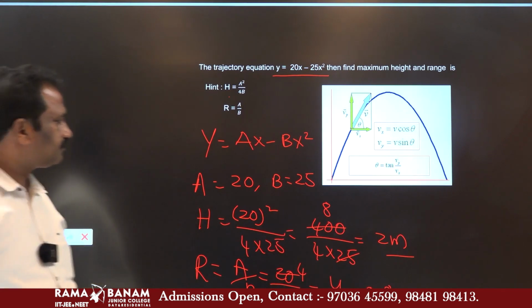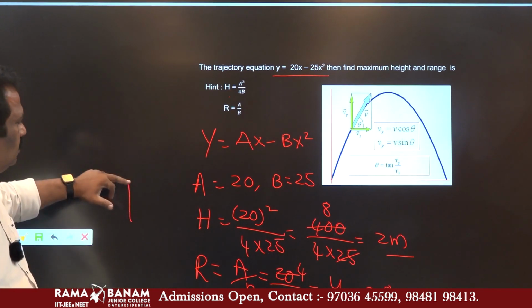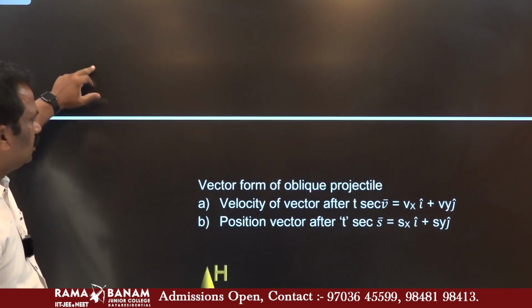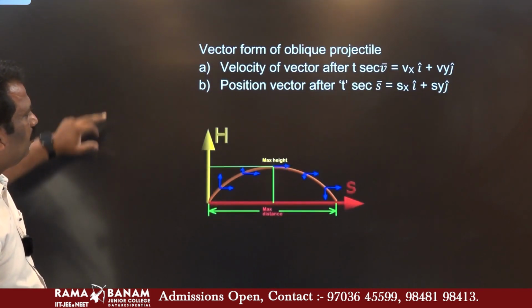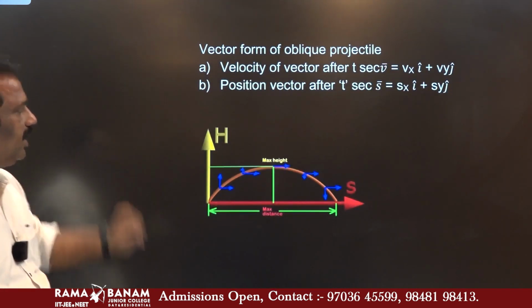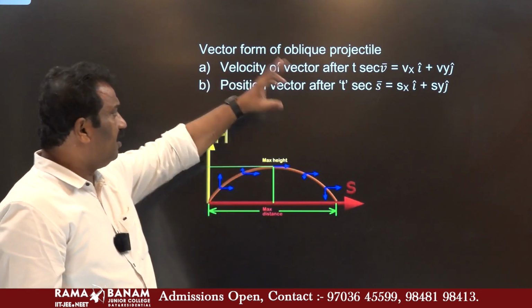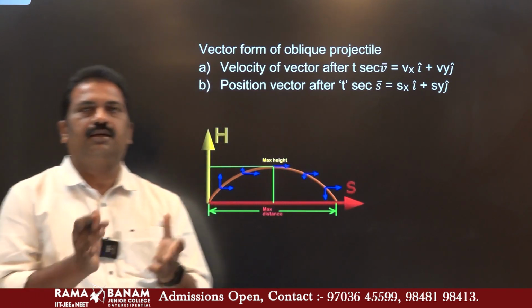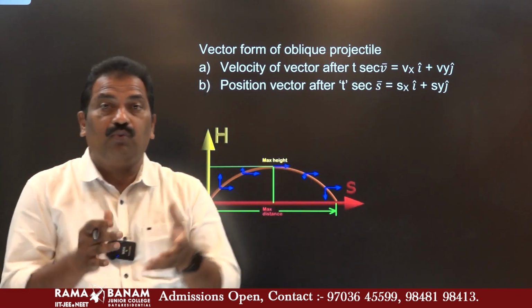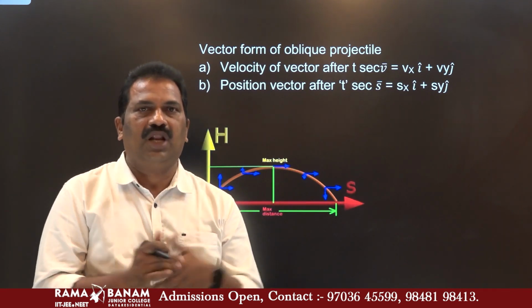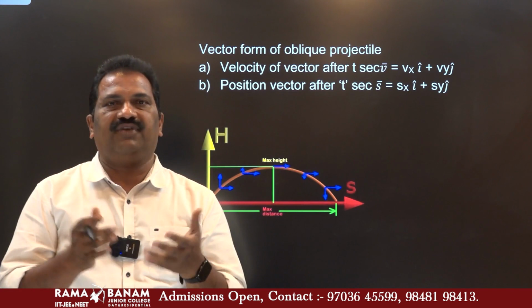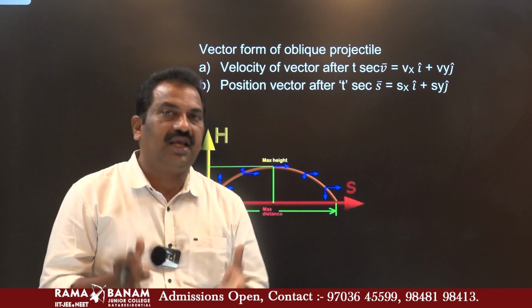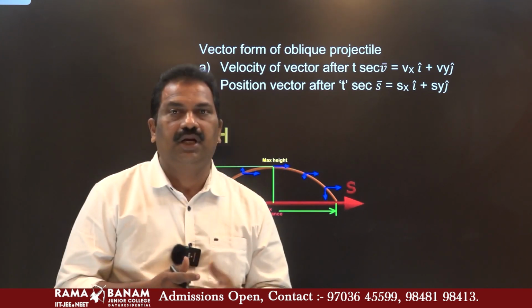Now the next topic we discuss is the velocity of an oblique projectile. In the case of a projectile, we can discuss it in vector manner. How can we write it in vector manner? Last time we discussed how, in terms of a and b, maximum height and range, we can solve the problems easily. At the same time, now how can we solve the problems in